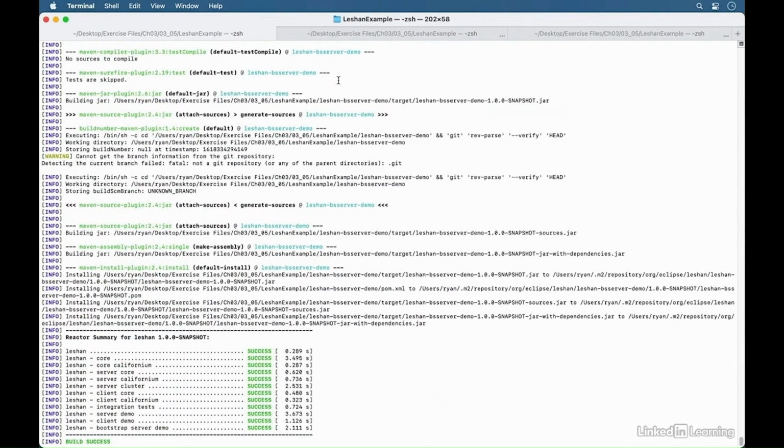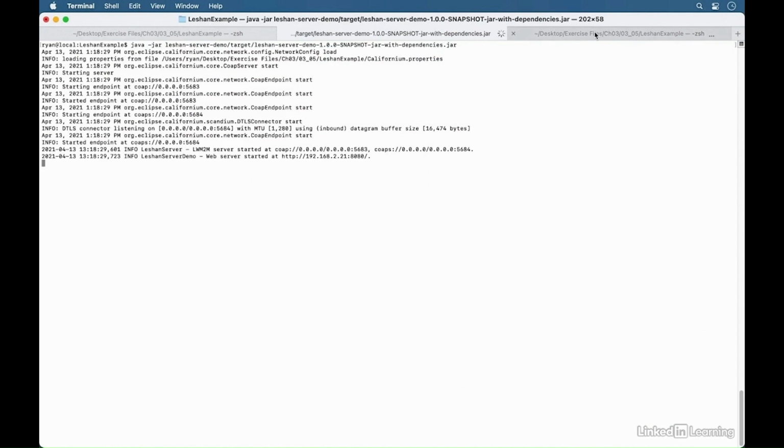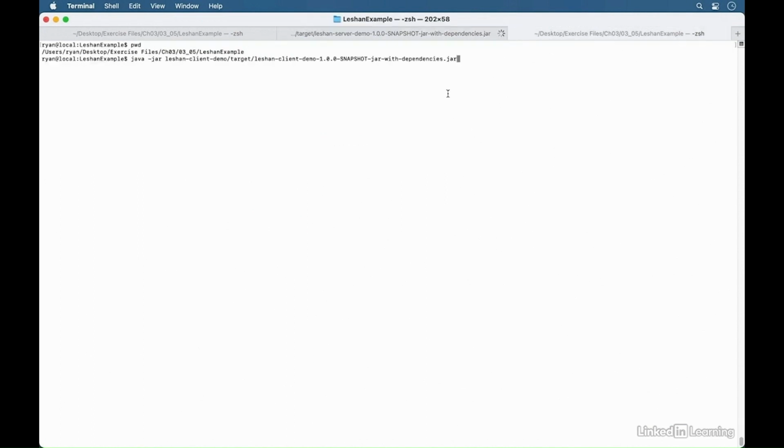After it's done, let's restart our demo server application in the client application. And then go back